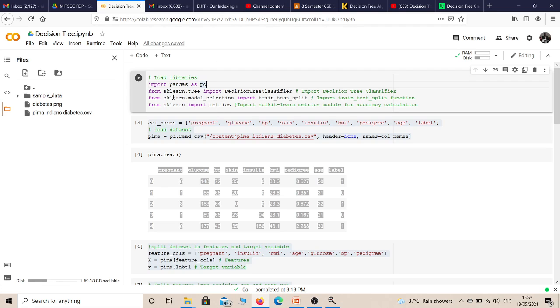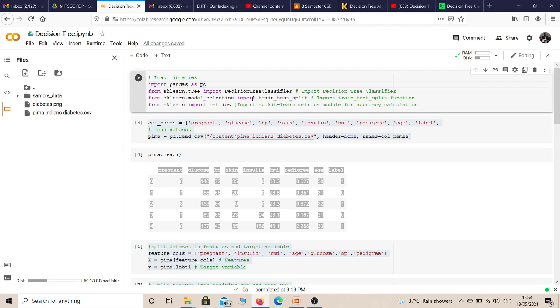Then here we are using the sklearn library, because sklearn is a Python library in which all the machine learning algorithms are present. Means in this case we are not implementing the decision tree algorithm from scratch, because this decision tree algorithm is already implemented in the sklearn library. Sklearn is a Python library under which a number of machine learning algorithms are there. That's why I'm importing this from sklearn.tree. Tree is a category under which these different algorithms are there.